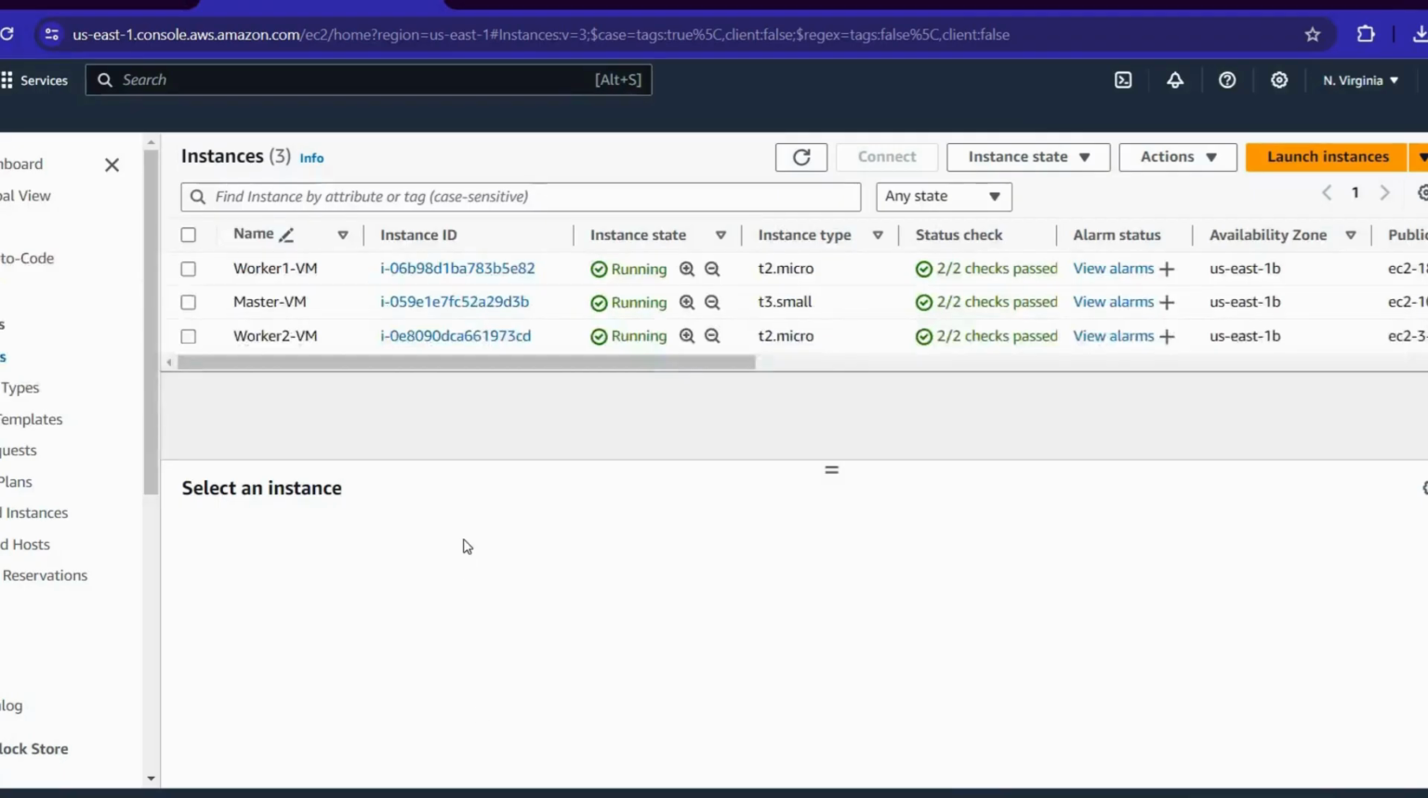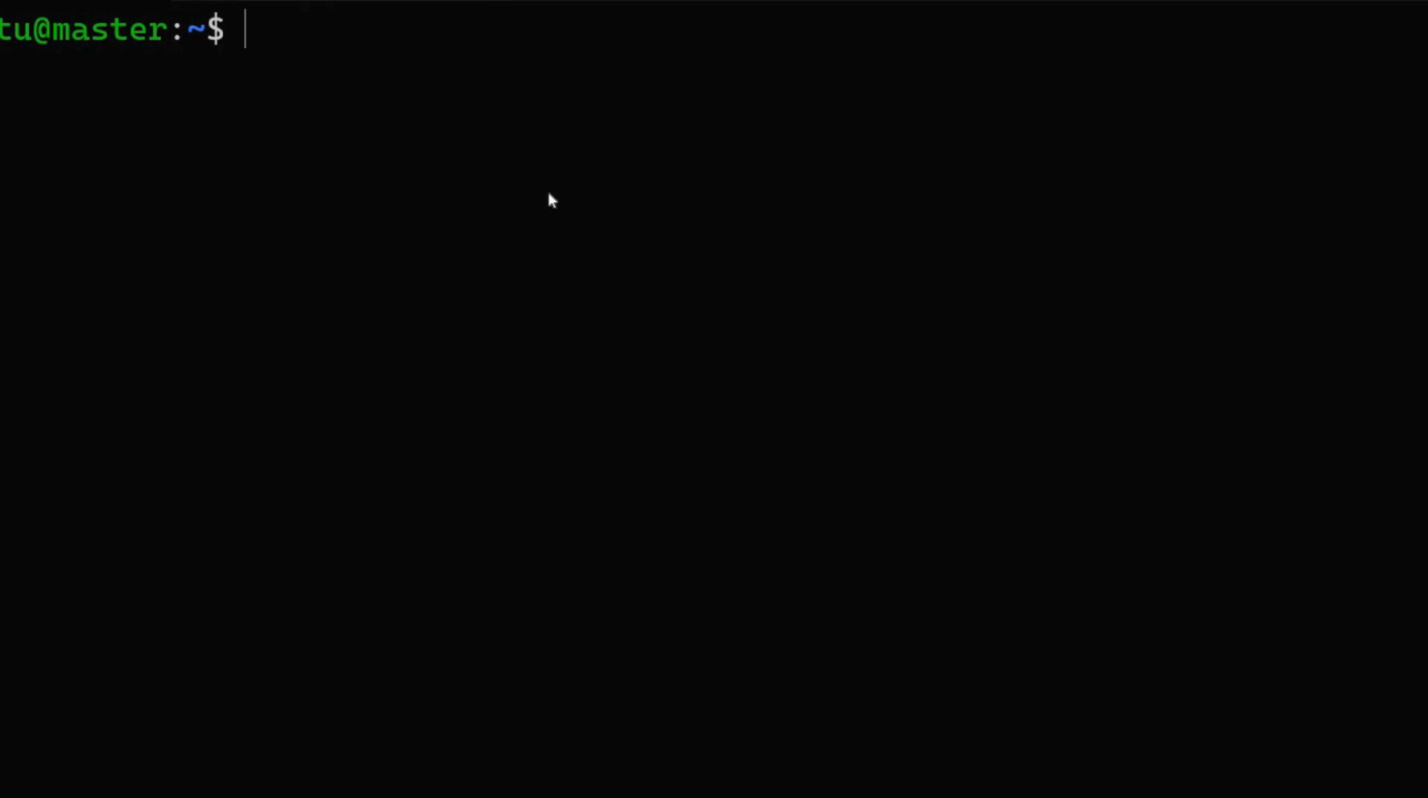Let's move to the AWS management console. Here I have three nodes, all in running state. I already connected to my master node. Let's see how to create it. Here I will not create a YAML file. I will create it using imperative commands. Type this command: